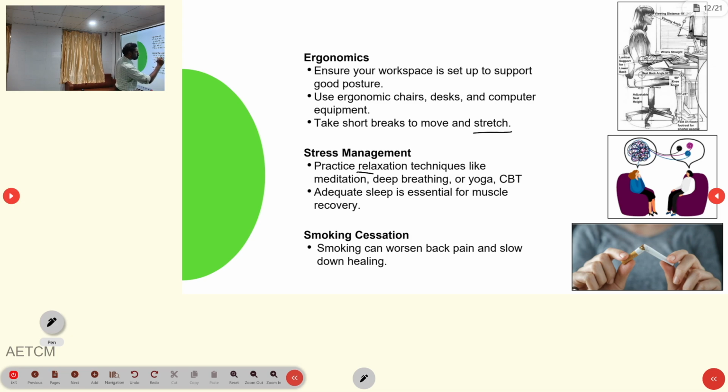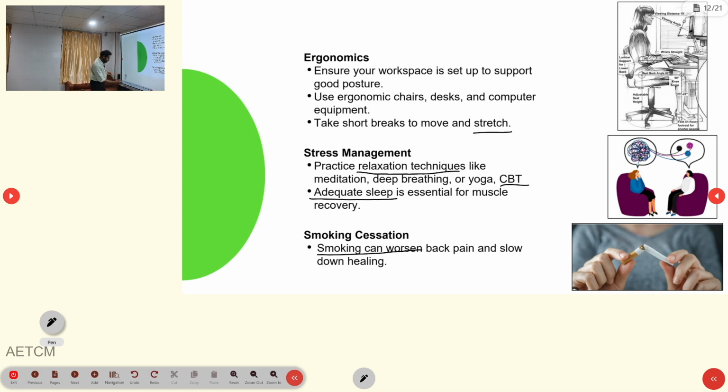So the people could be taught relaxation techniques like deep breathing, and those chronic pain patients would require cognitive behavioral therapy also to bring down their anxiety level, so that this could improve their pain condition. Adequate sleep is also very much important for muscle recovery, because fatigue requires adequate nutrition and adequate sleep for recovery. Then smoking cessation. Smoking is found to worsen back pain as well as any painful condition, so this should also